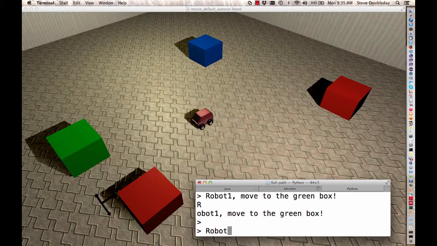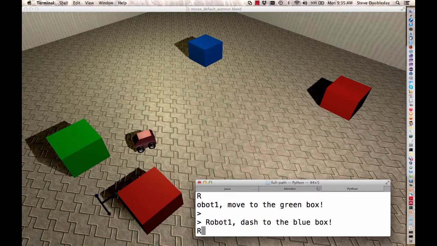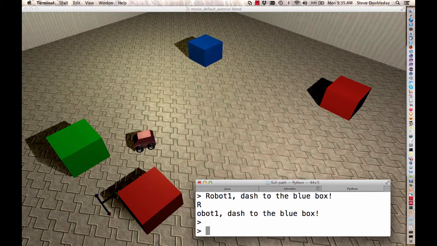While it's doing that, get ready to ask it something else. So it understands how to move. It also understands how to dash, which means that it understands multiple different verbs as parameterizations of the same underlying motion. So let's ask it to